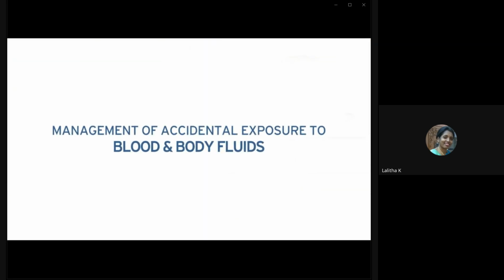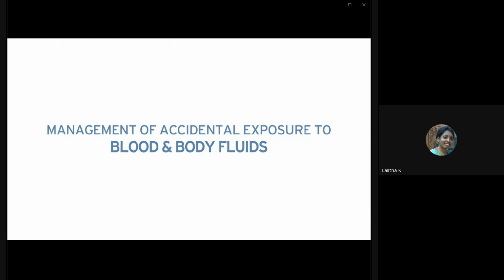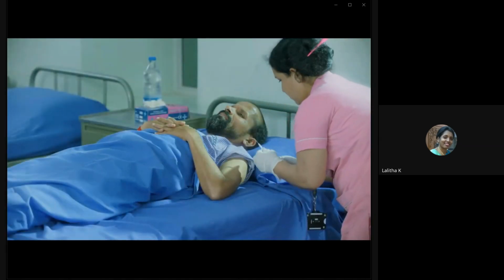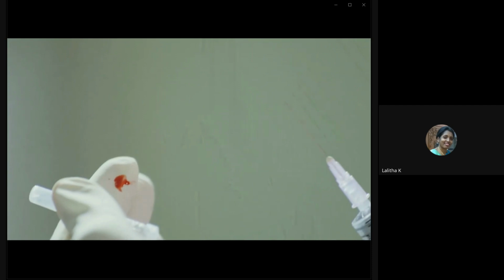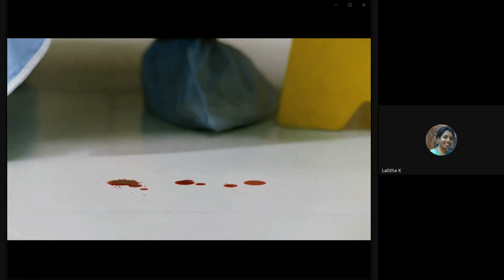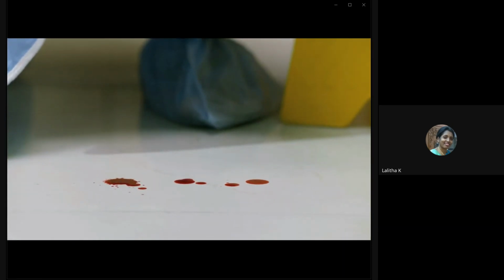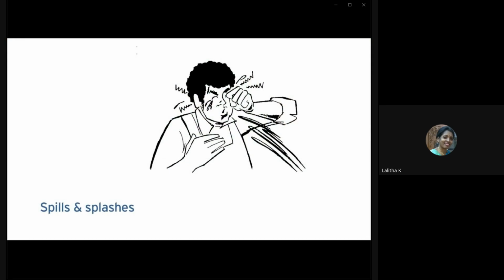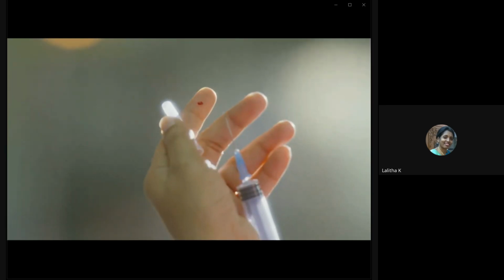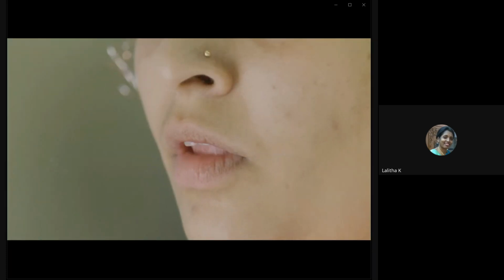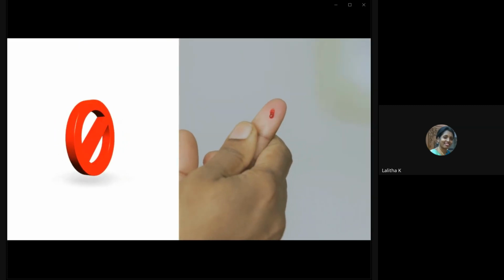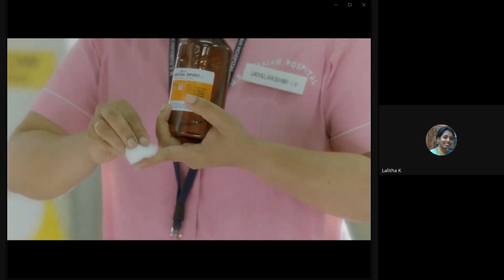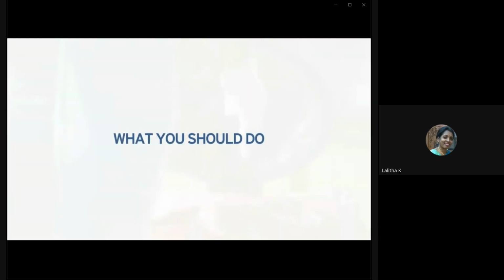Management of accidental exposure to blood and body fluids. Remember, recapping is a wrong practice. It can lead to needle stick injuries. Occupational exposures to blood and body fluids can also occur through spills and splashes into the eye or mouth. When such an occupational injury occurs, do not panic. Do not put the finger into your mouth. Do not squeeze the blood from the pricked finger. Do not apply any disinfectant. What you should do is